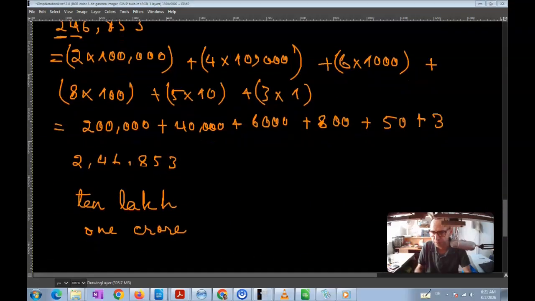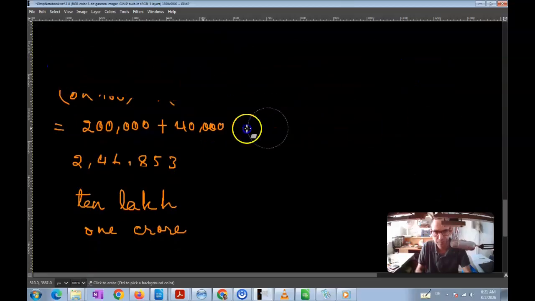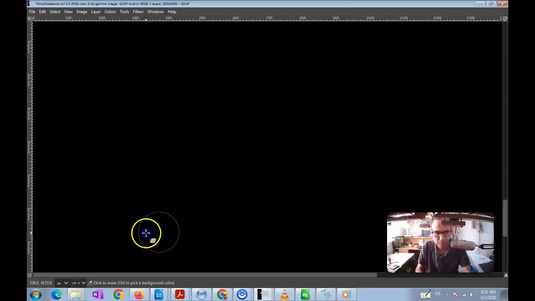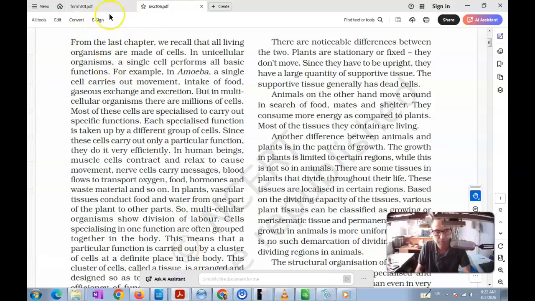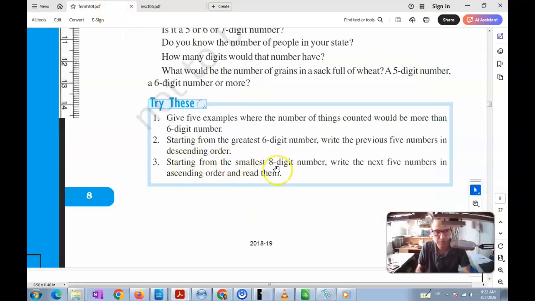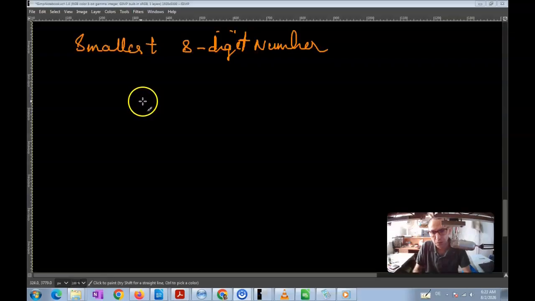Now for the next exercise, starting from the smallest 8-digit number, write the next 5 numbers in ascending order and read them. When you want to write the smallest 8-digit number, or the smallest 9-digit or 7-digit number, whatever that might be, we always have